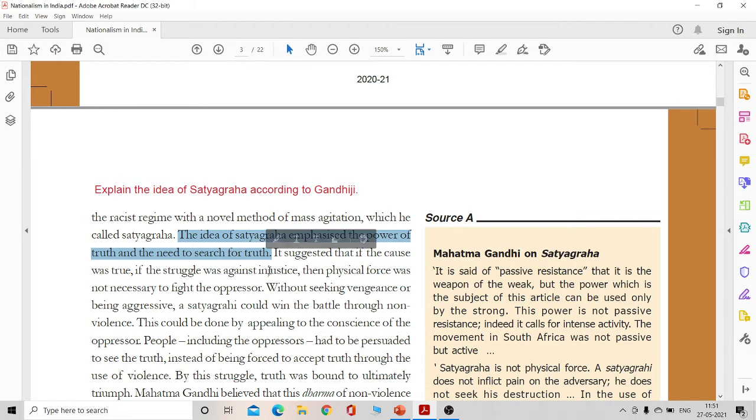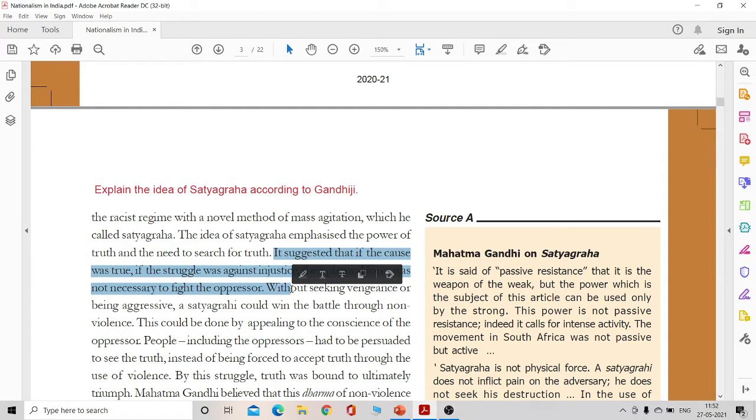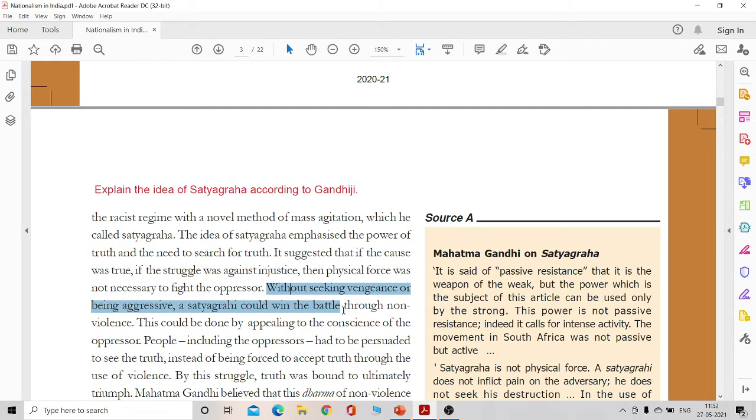Now, what was this idea of Satyagraha? What does truth have to do with political struggles? What Gandhiji essentially suggested, and it was a very novel way of dealing with agitation, is that if the cause was true and the struggle was against injustice, then the physical force necessary to fight the oppressor would not be necessary, right? So, without seeking vengeance or being aggressive, a Satyagrahi could win the battle,